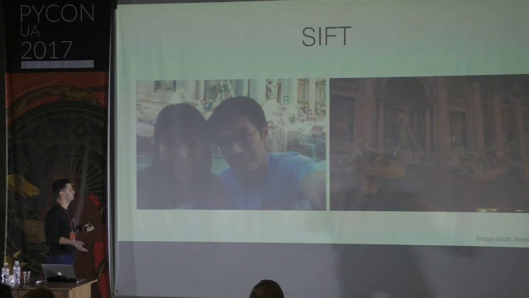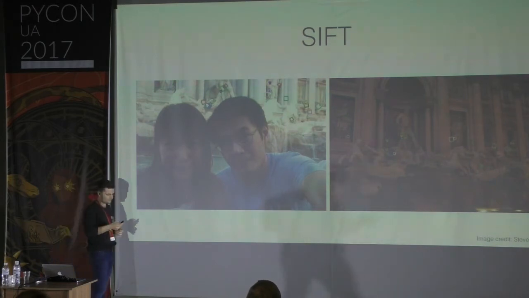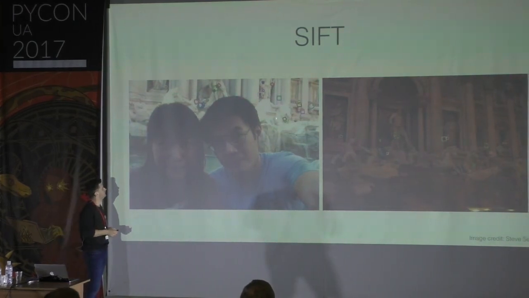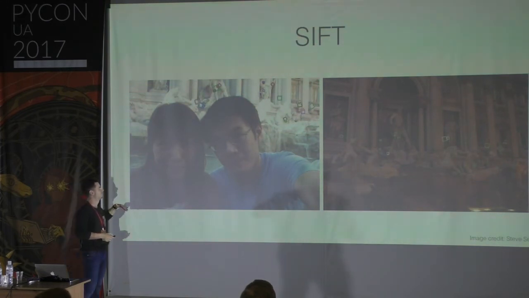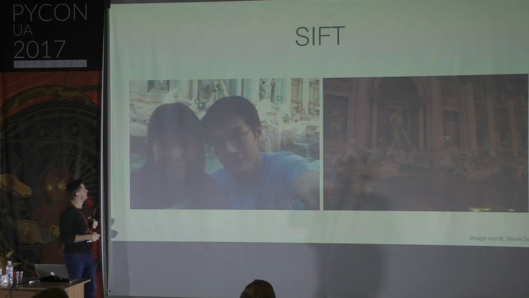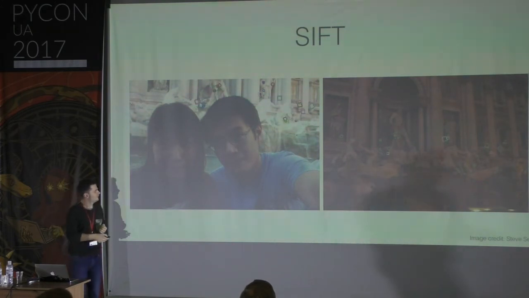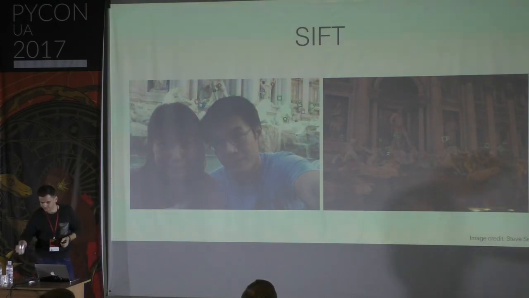And here is an example when it works well. You remember this sculpture? So this is some selfie, and it can detect similar points between these two images, which is very challenging because we have a completely different viewpoint, we have clutter, we have people, and we have different color. So it works very well.